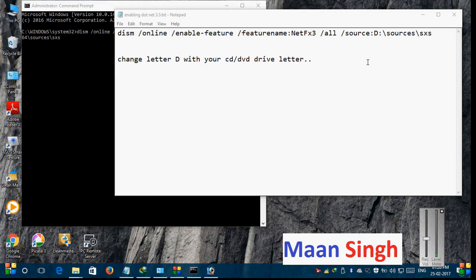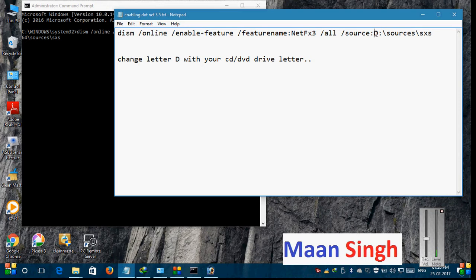And while pasting, please keep in mind that the drive letter in the command and your installation media's drive letter should be the same.